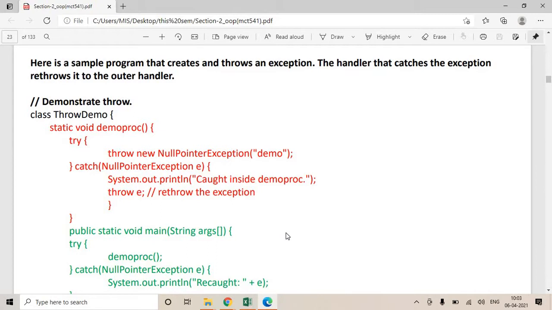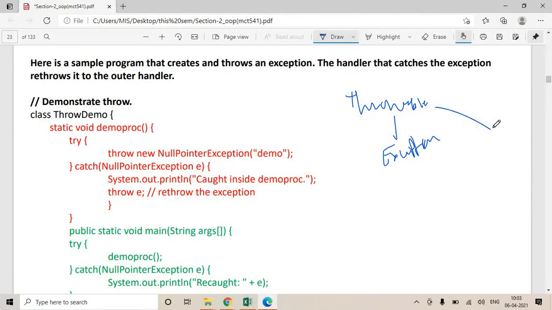So what can be thrown? Anything which is a subclass of Throwable, or anything which is a subclass of Exception. We know that Throwable is a supreme class, then it is divided into two, Exception and Error, and the subclasses of Exception are NullPointerException, IllegalAccess, ArithmeticException.